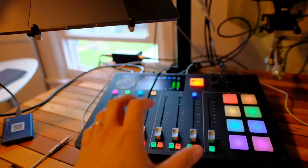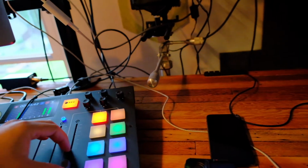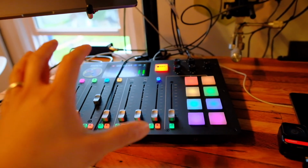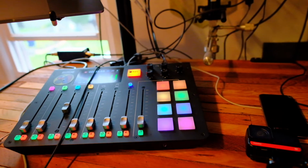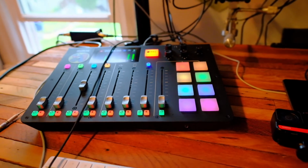So let's do a little bit more of a tour. This is the Rodecaster Pro. This is where I've been doing all the sound effects. I can turn on some music and play around with different effects. And I really got this because it does audio processing live. And so it does the EQ, different audio compressions and things that I don't really understand, but it does it automatically. Eventually, I don't have it yet, there will be space right here for my ATEM,